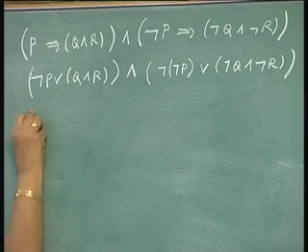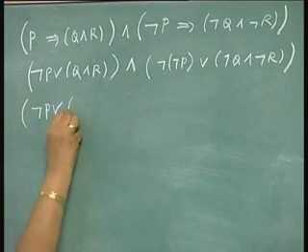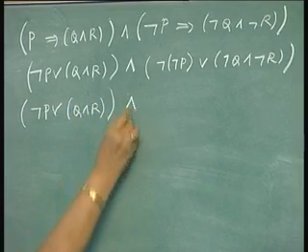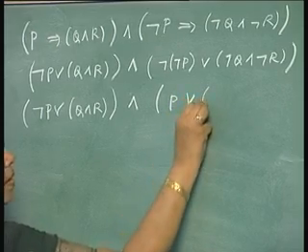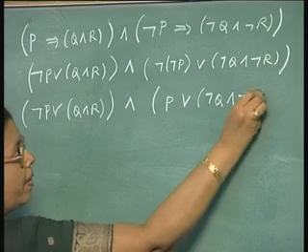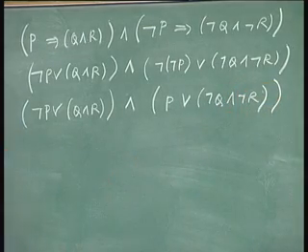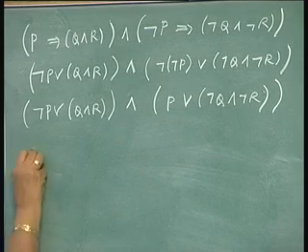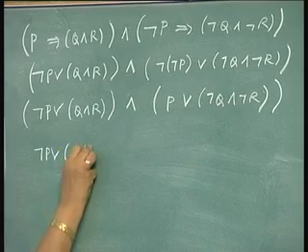So, this again you can write as not P or Q and R, and P or not Q and not R. Now, you can use distributive laws. We can write this as not P or Q and R